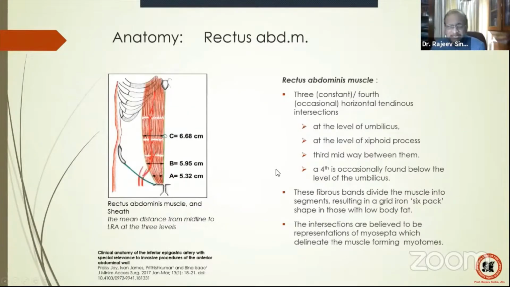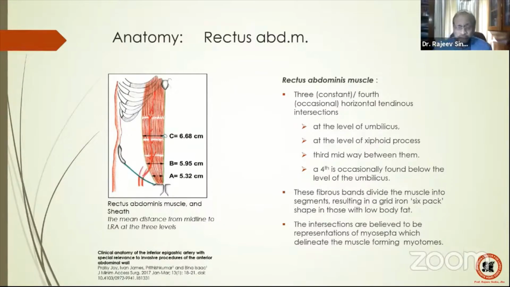The second thing is the rectus abdominis that we have to know, which you're going to split the fibers, and these splitting of the fibers are the 3 constant or 4th occasional horizontal tendinous intersections. The best part of this intersection is that these intersections are only between the muscle and the anterior rectus sheath. They do not make any intersection with the posterior rectus sheath. Which means that the retrorectus part is absolutely hollow, so to say. That means there is no intersection there. If you enter the retrorectus part, you can easily negotiate the whole thing. And that is the principle of ETEP repair.